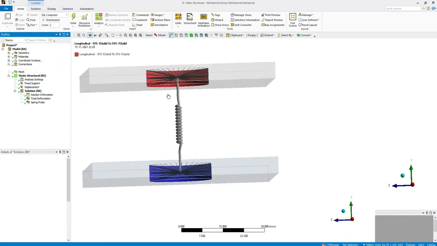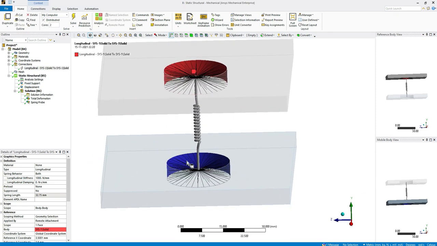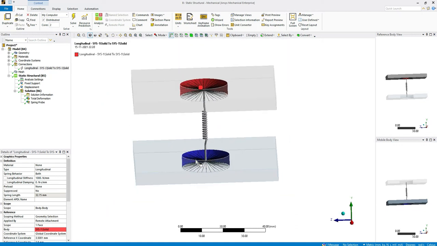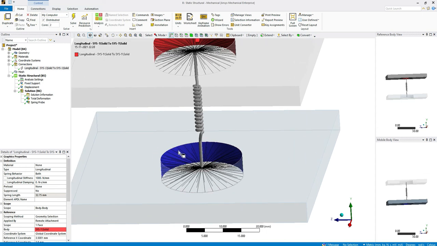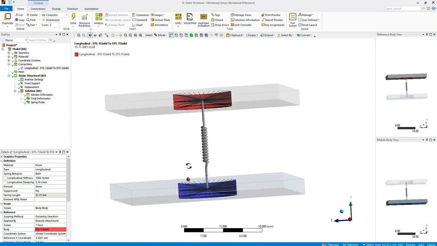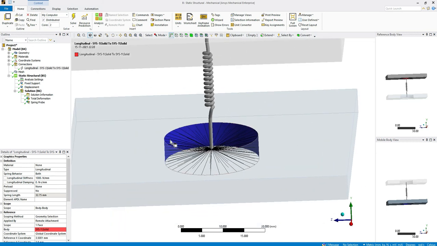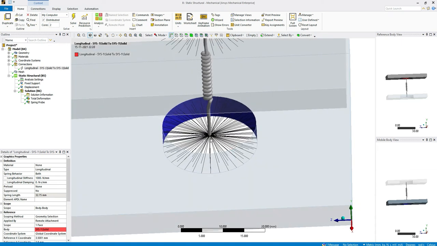Here you can see that I had defined a spring between the top and bottom faces. Now, as we were discussing in slide 3, how are we able to connect to any geometrical entity except the vertex? What actually happens is that whenever we are scoping it to any surface, a spider is getting created internally.